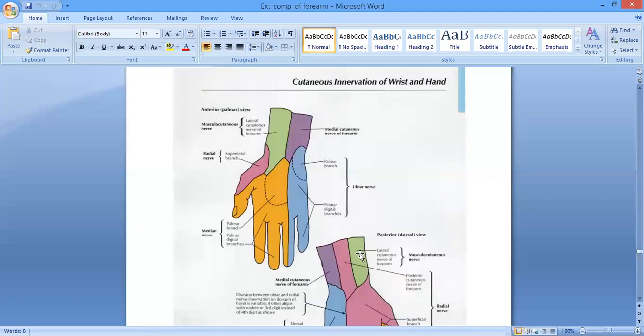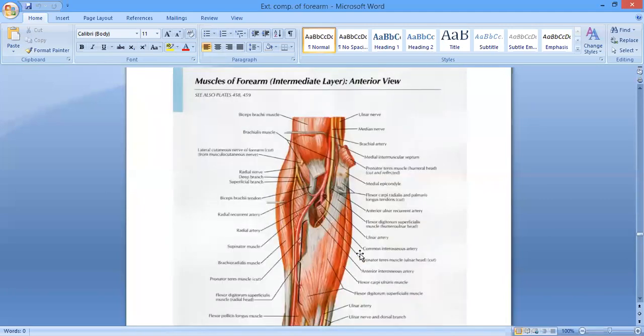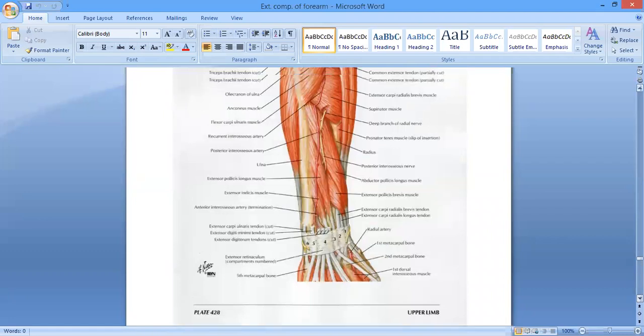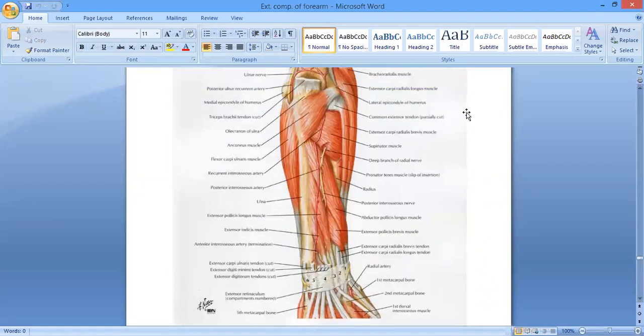And the deep branch of the radial nerve, I told you that this is the smaller terminal branch. Okay, so it's one of the terminal branches of the radial nerve, given in front of the lateral epicondyle, and after getting origin, it is going to pierce the supinator muscle. ठीक है, ये supinator muscle को pierce करेगा, right? And after piercing the supinator muscle, it is going to wind around the lateral aspect of the neck of the radius in the fibers of the supinator muscle.